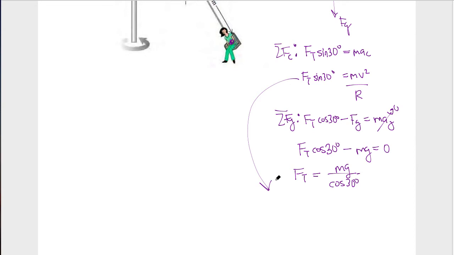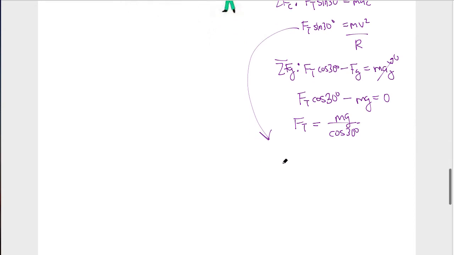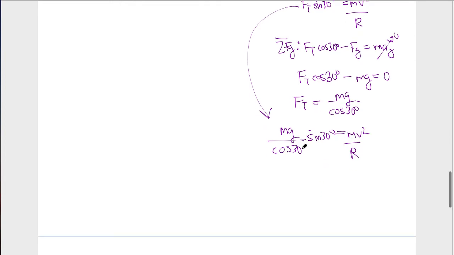So I can pull down my centripetal force equation and substitute and say mg over the cosine of 30 degrees times the sine of 30 degrees is equal to mv squared over r. So mass cancels out here, and this becomes a tangent, and I'm going to solve for velocity here. And the reason I'm going to do that is I'm going to say that